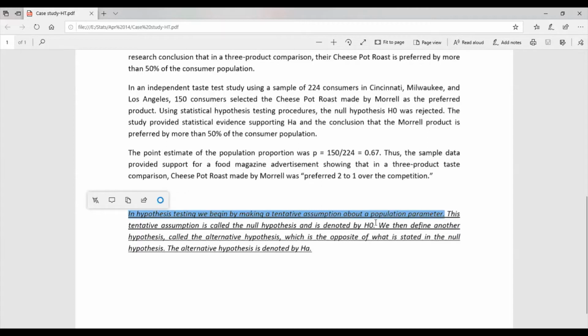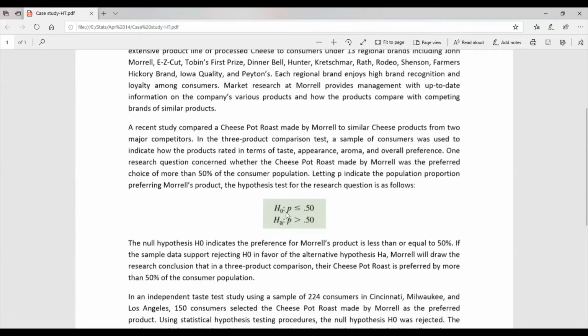So now we have two statements. One is H naught and the second is HA, which is exactly opposite to H naught. So either H naught can be true or HA can be true. There cannot be any situation where both are true or both are false. That is not possible. Either H naught or HA has to be true and the second one has to be false. And that is what we do in hypothesis testing. Now, even in our example, my H naught is P less than or equal to 0.50. So HA has to be P greater than 0.50, because less than and equal to all cases I'm considering in H naught. So the only case left, which is opposite of H naught, is P greater than 0.50. That is my HA.